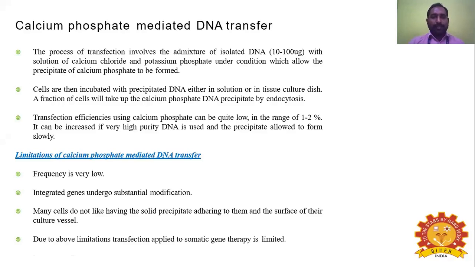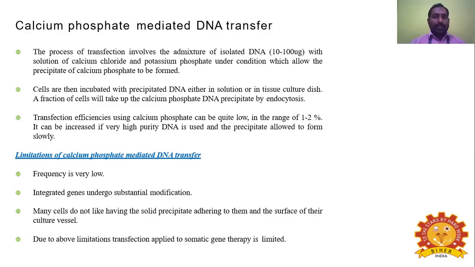So this calcium phosphate mediated gene transfer uses a mixture of isolated DNA, about 10 to 100 micrograms, with calcium chloride and potassium phosphate under conditions which make a precipitate of calcium phosphate, which is very useful for transferring the DNA to the host cells. These cells can then be incubated with the precipitated DNA, either in solution or in a tissue culture dish, and through that calcium phosphate, which precipitates the